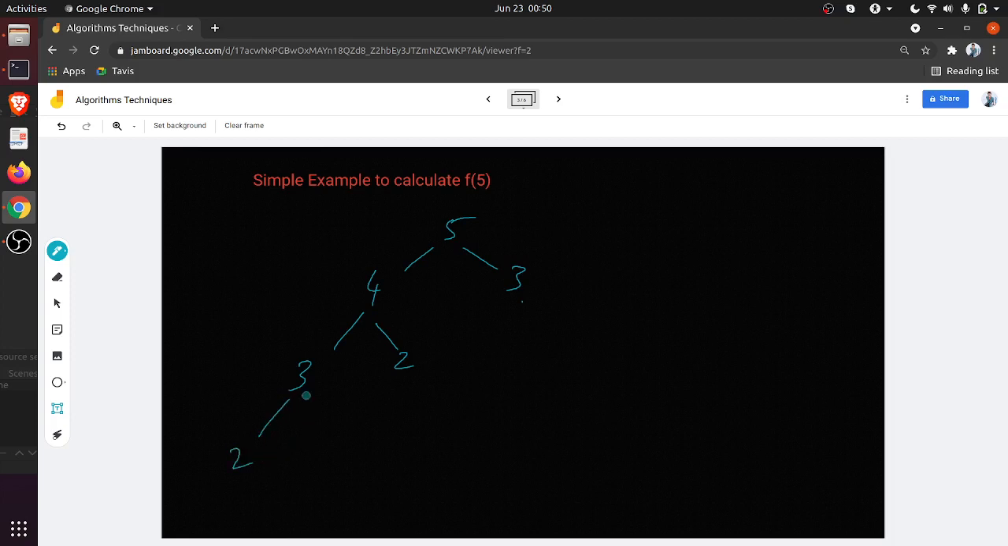3 will call 2, 1, 1, 0. Okay, so here it will call 0, and as you can see, this subtree will be duplicated here again. Okay, and this is not good, right? So we need to optimize it. Okay, so what we do is that